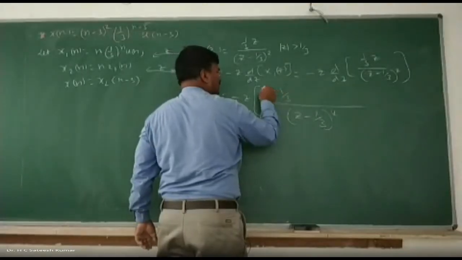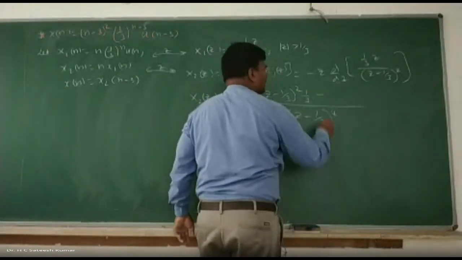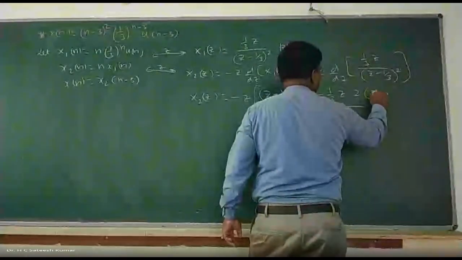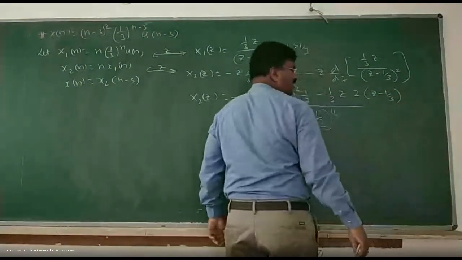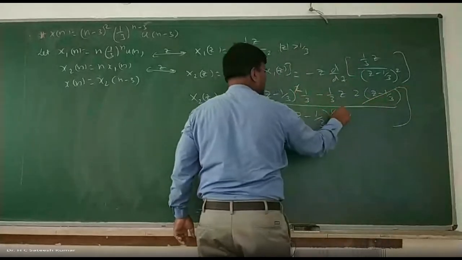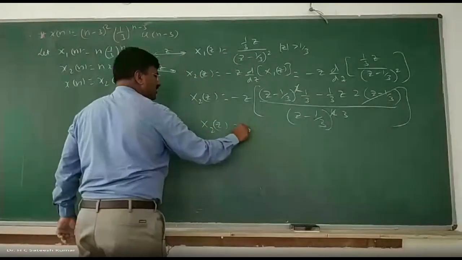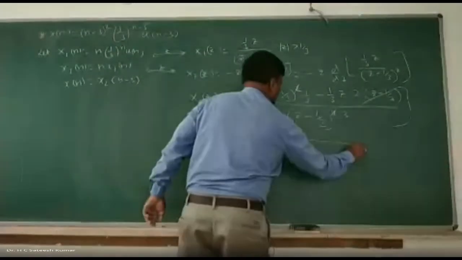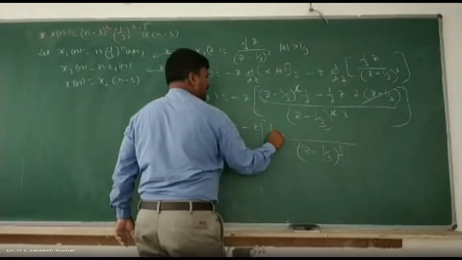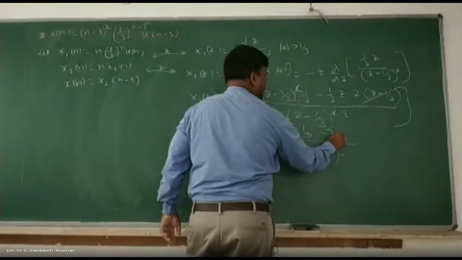Denominator z minus 1 by 3 whole square into d by dx of numerator 1 by 3, minus numerator 1 by 3z into d by dx of denominator, 2 into z minus 1 by 3 into differentiation of z minus 1 by 3, which is 1 and 0. So take z minus 1 by 3 common and it just gets cancelled, cube times. Therefore, x2 of z is equal to, simplify that, minus z you keep it outside, and z minus 1 by 3 whole cube, and 1 by, multiply it, plus 1 by 3 z minus 1 by 9 minus 2 by 3 z.